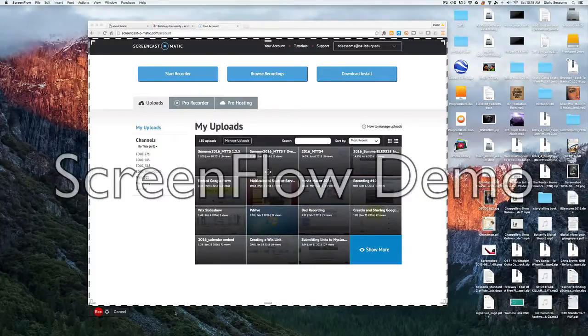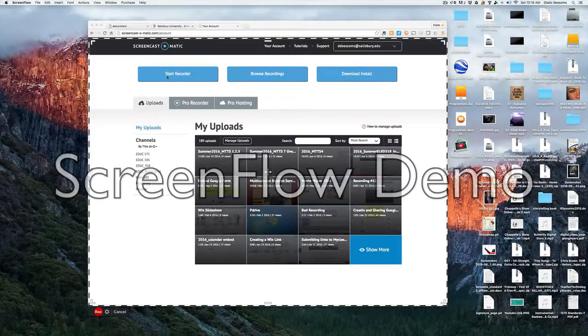In this video, you will learn a little bit about Screencast-O-Matic. And what you're watching is a screen capture of screen capture. So I'm using ScreenFlow, which is a Mac software, to record Screencast-O-Matic while it's recording so you can see what happens. And just real quick before we do that, make sure that you log into your account and you've installed